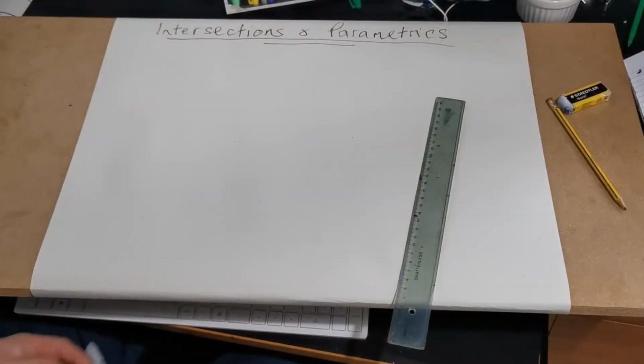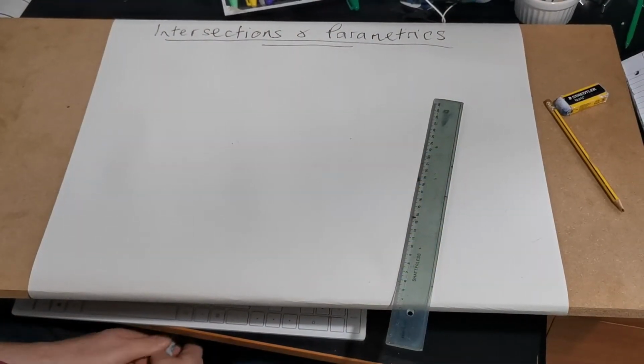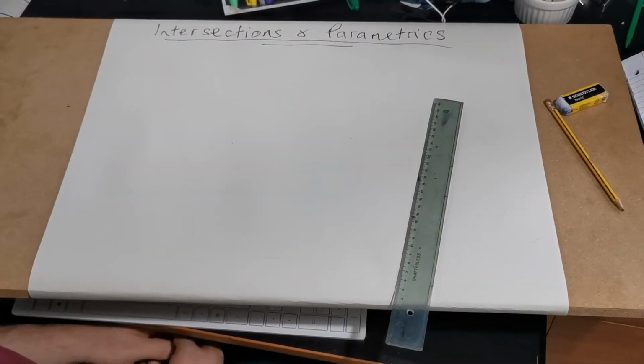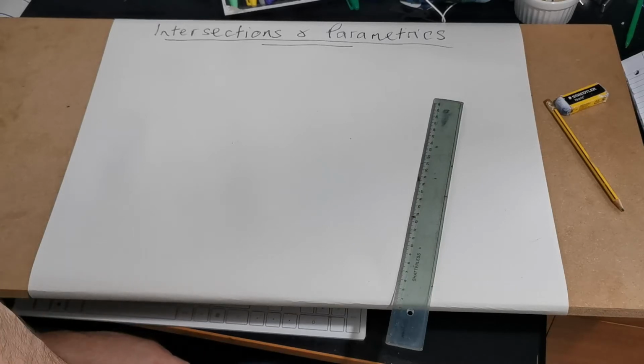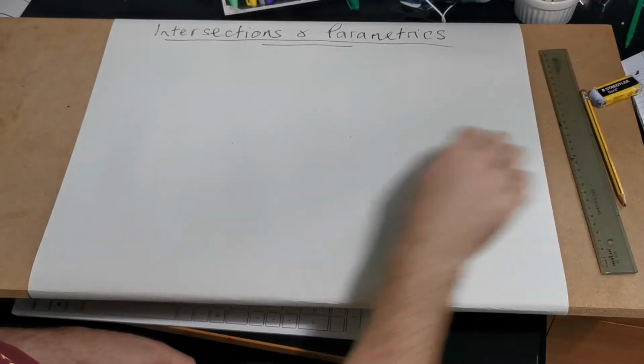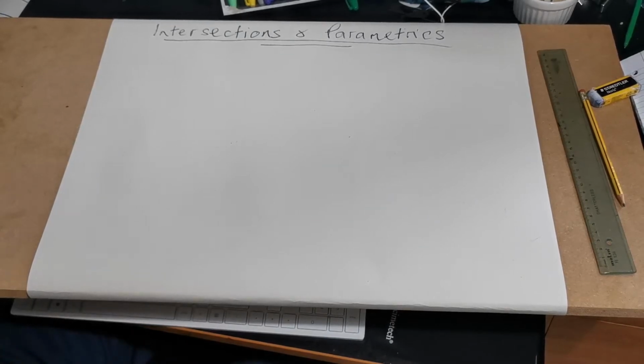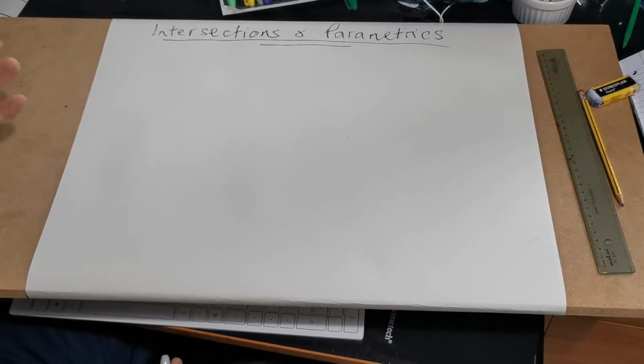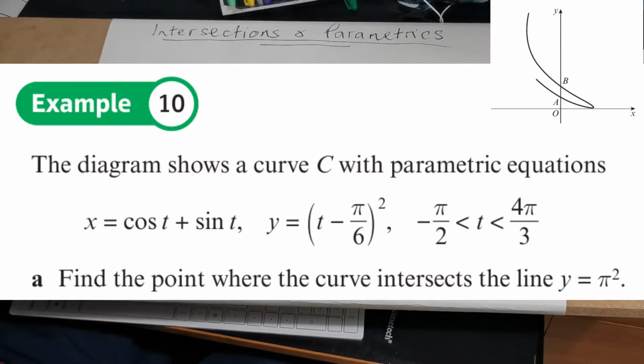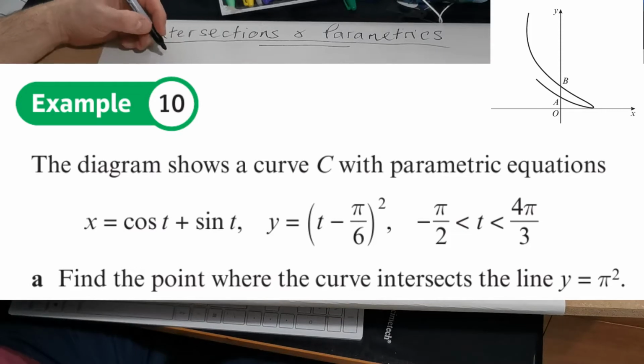Right, hi guys, welcome to the next section on parametrics, and I thought I'd just go through an example today to show you this type of question. So what we're looking at is where a parametric equation might intersect something like the axes, or it might intersect another line. So this question says the diagram shows a curve C with parametric equations x equals cos t